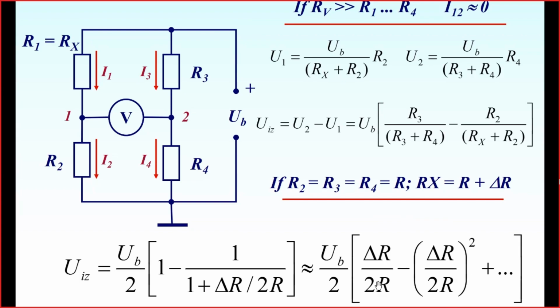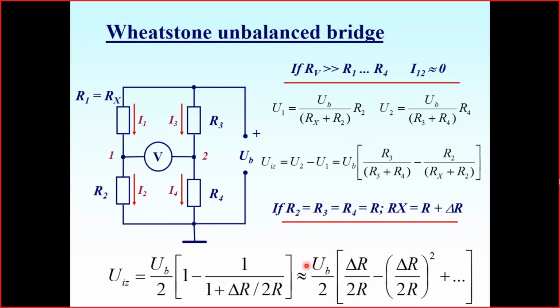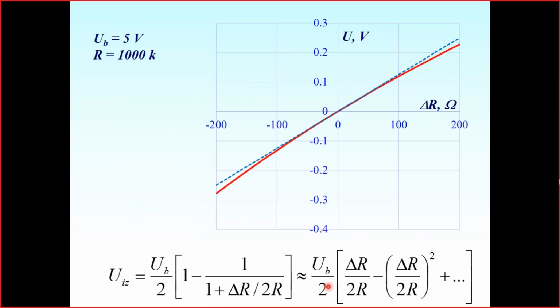So just only the linear term. Anyway, this is to some extent a simplification, and an approximate result, because when delta R starts to grow high, the higher-order terms start to play more of a role, and we will be forced to keep them in mind too. So here is an illustration of how